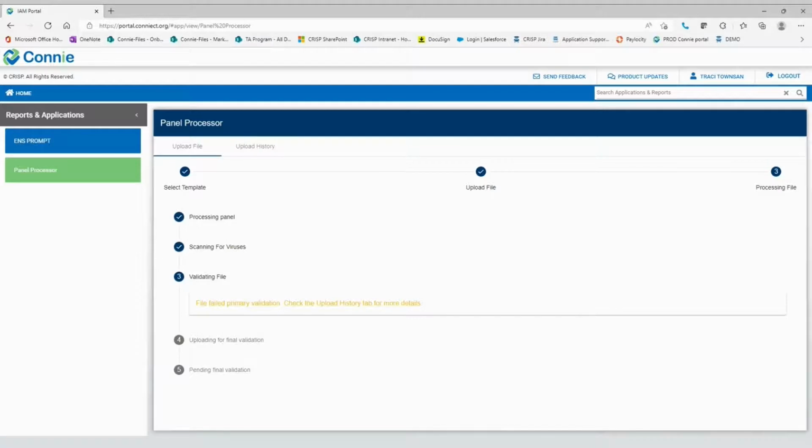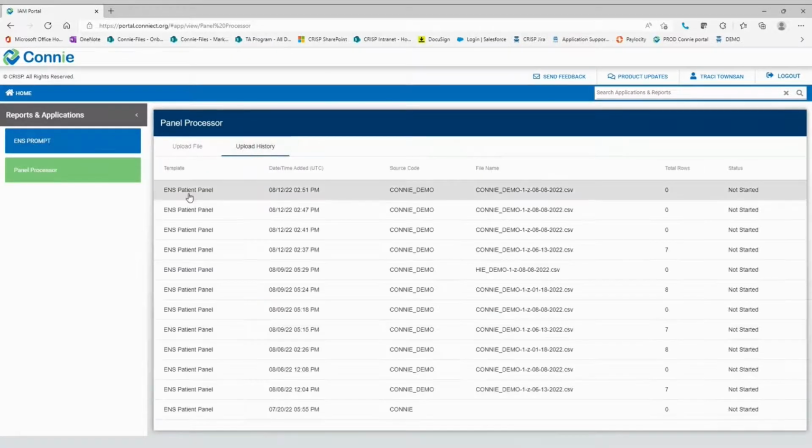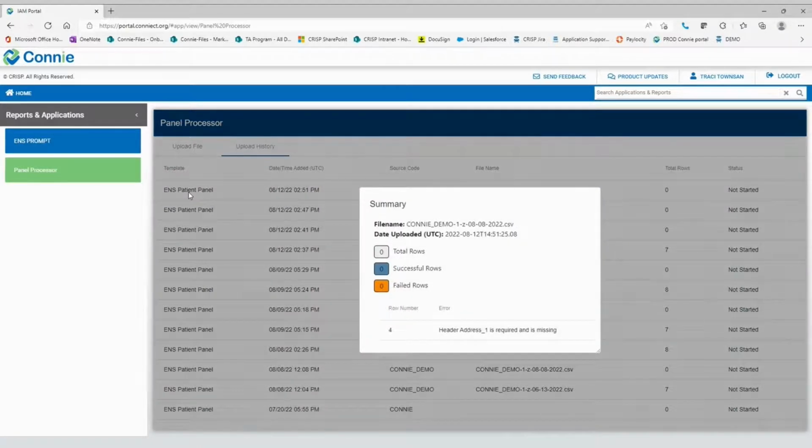If the upload fails, go to the Upload History tab and click on the file. A summary box will pop up. At the bottom of the box, you'll see an explanation of the error, so you can correct your file and re-upload it. For example, in this file, there was an error in row 4, and it was missing the required